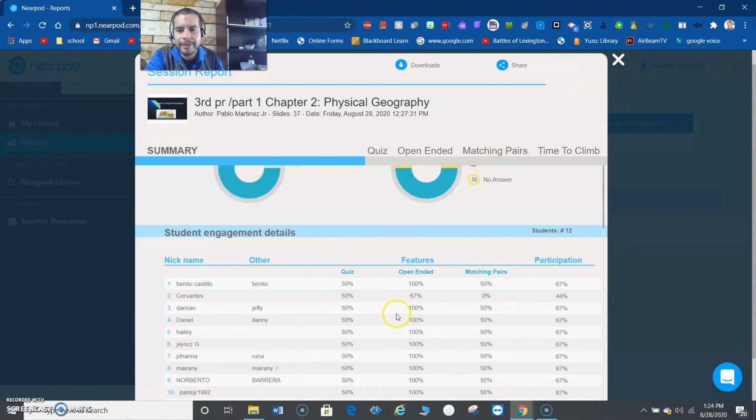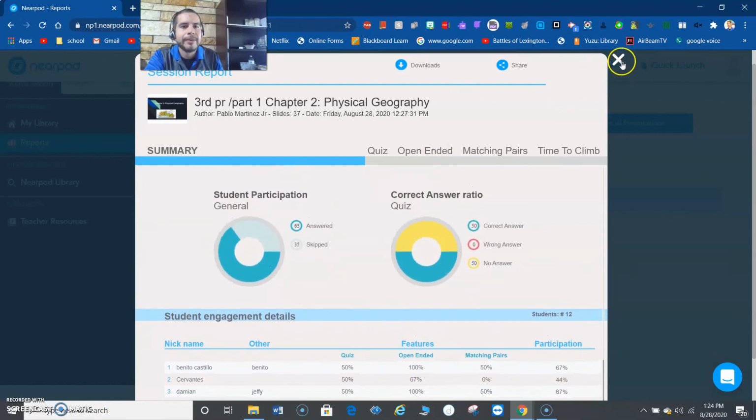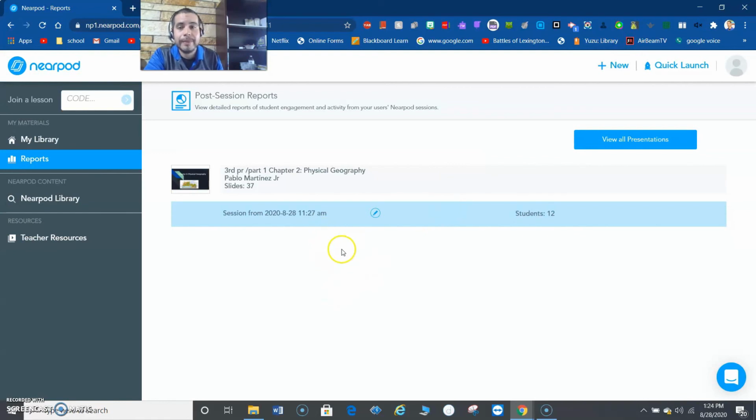I know that they're not always going to get it right. Some of the questions they might get wrong. But like I said, you can see here that the kids are participating. If they're not participating at all, well, they get a 0. So to me, it's awesome. I think that everybody should use Nearpod, but